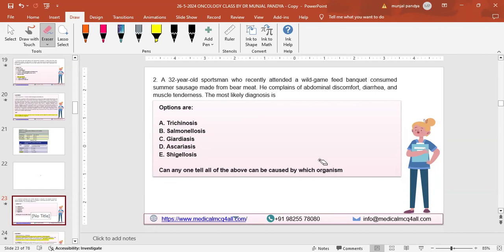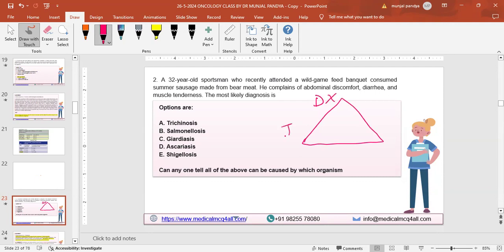That's the second question. So again, think of the triad. If you think of the triad, you never go wrong in any MCQ. The only way of mastering any MCQ is: what is the diagnosis, what is the investigation, what is the treatment. This is what I call a triad. Yes, you have 10-15 seconds, think over it and give the answer.